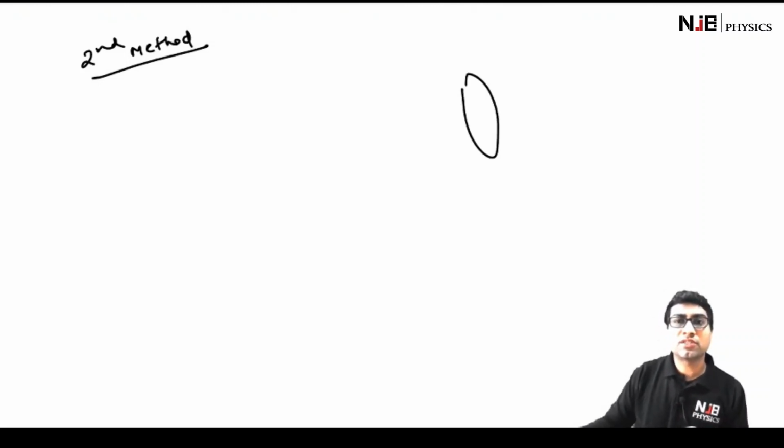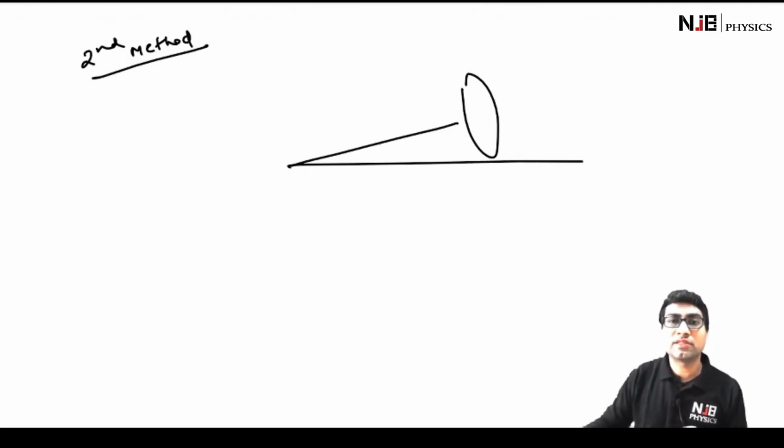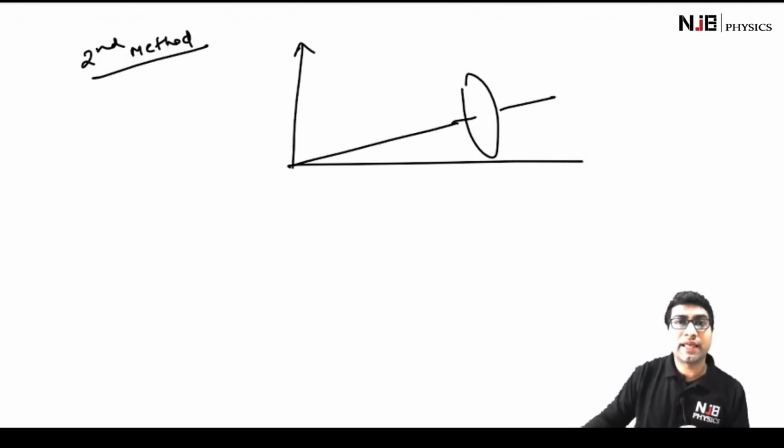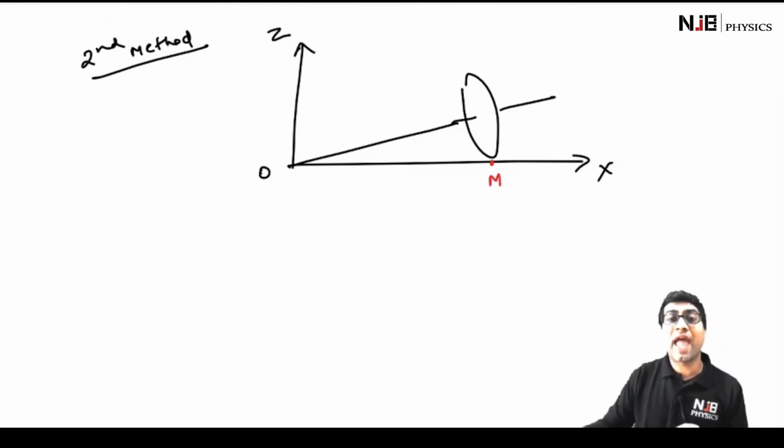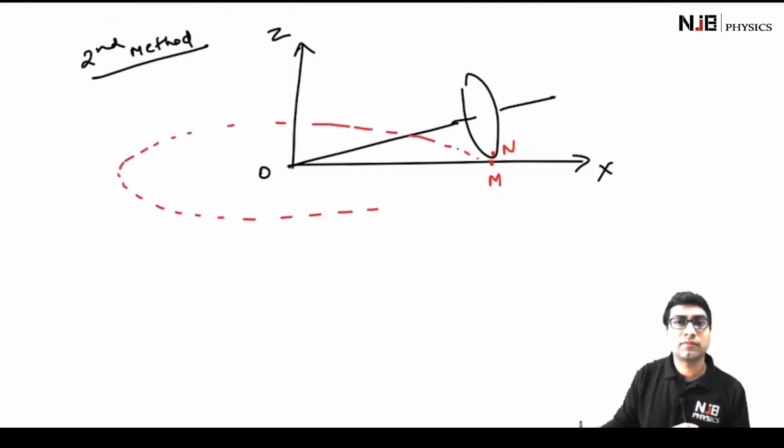So again, consider this small disk only, and this is the ground on which it is going to be in pure rolling. This is the axle about which it is going to rotate with angular velocity omega. This is the z-axis, this is the origin, this is your x-axis. Now again, consider this point M, which is on the ground and in contact with the disk, and this is the point N, which is on the edge of this smaller disk. So this point M is going to execute a horizontal circular motion like this, and the radius of this circle is going to be equal to 5 times a.